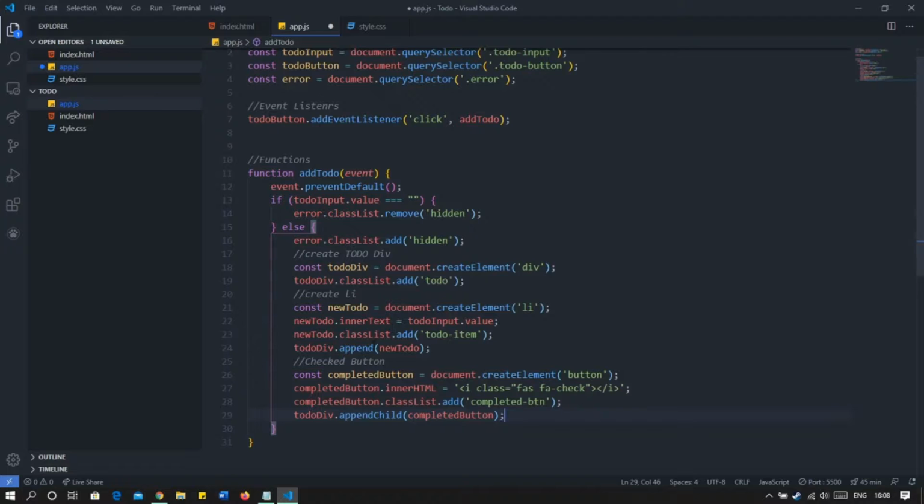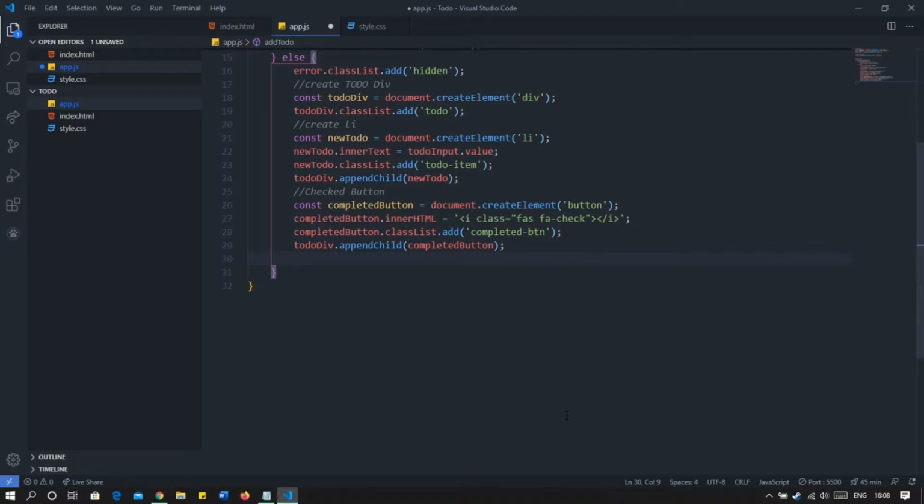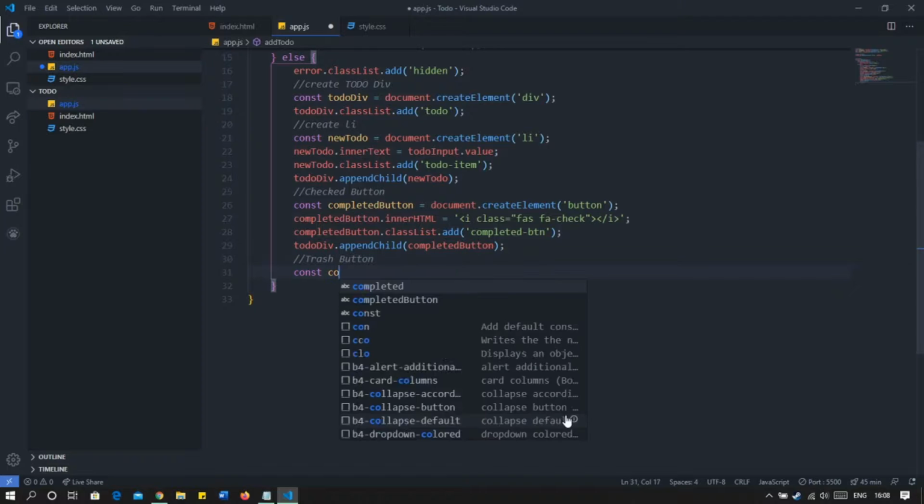Okay, so yeah, one mistake here, the method is append child and not append. Okay, so we got this. Now we have created two elements. Now the one element that is left is our trash button, right? So trash button. So we will create it constant